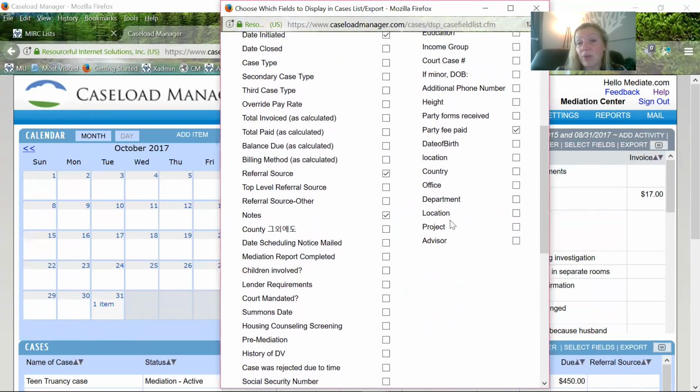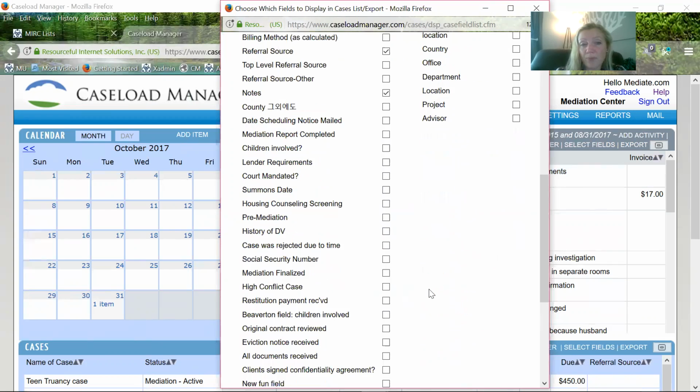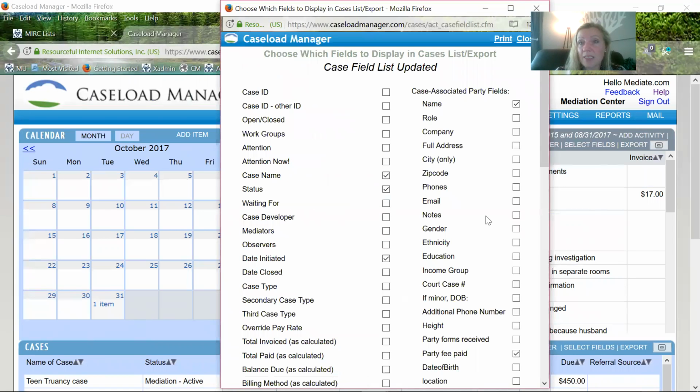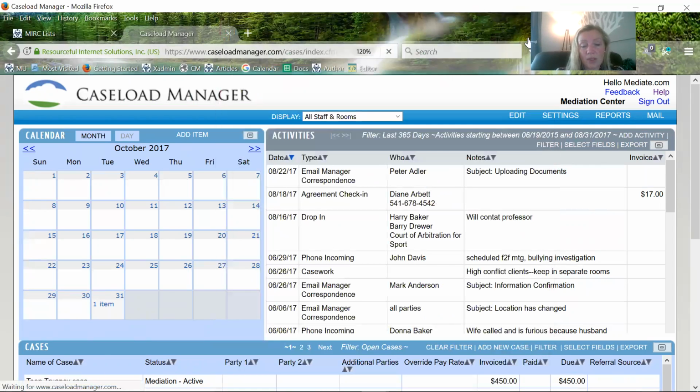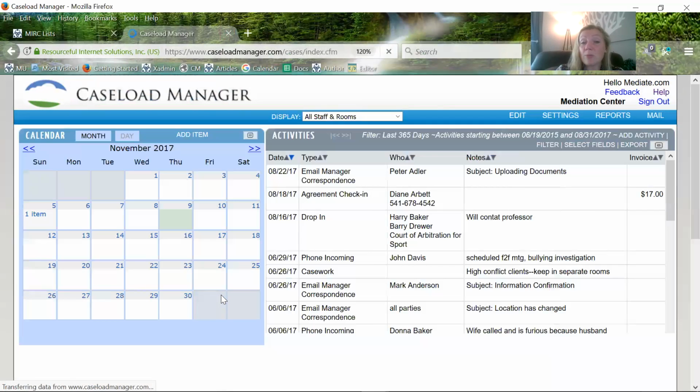And then you can see we've also got lots of height, gender, ethnicity. We've got lots of good demographic information that you might want to track as well. Okay? So I'm going to go ahead and update that. Refresh screen. Okay. And now, mainly what I wanted to show you there was that you're able to customize